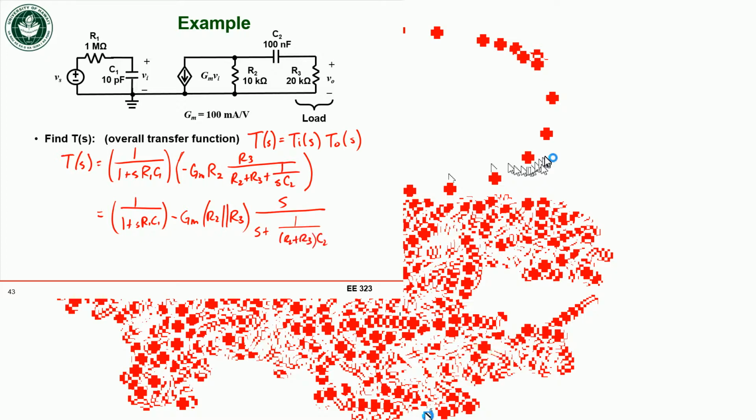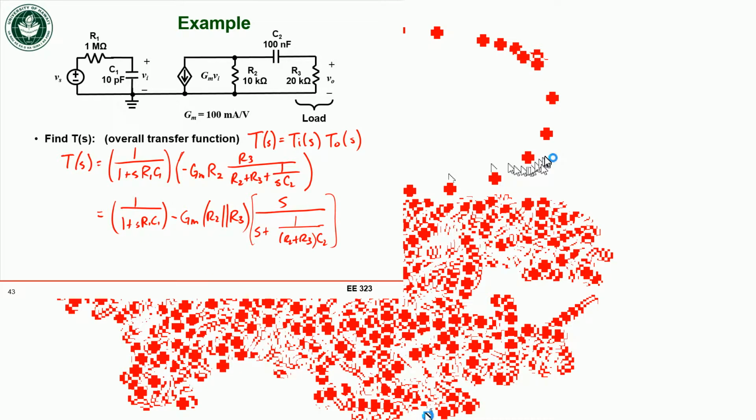So that's more clearly the form of a high pass circuit. Okay, so I have a low pass at the input and a high pass at the output. And so if I'm going to draw the overall Bode plot,